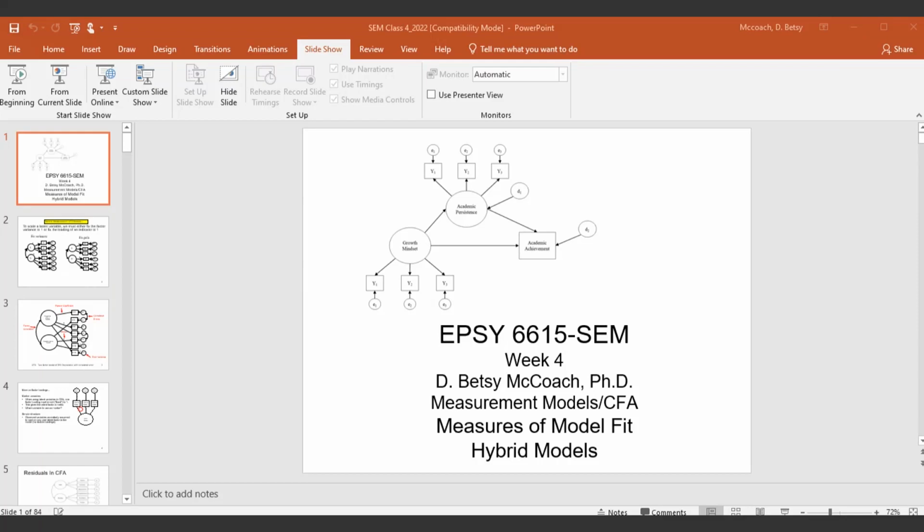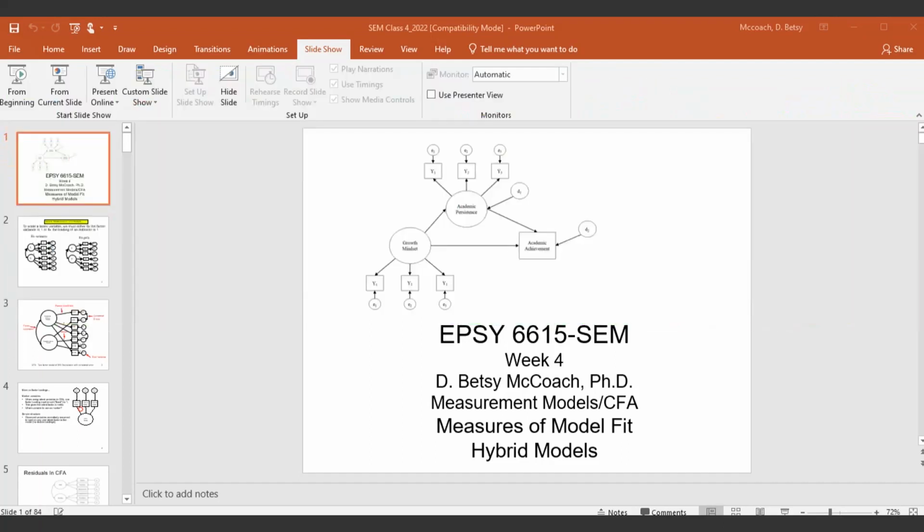To piggyback on what you were saying, but change it a little bit: one thing is I can look at the pattern of correlations among the observed variables, right? Obviously, if there's one variable that seems to be pretty well correlated with the rest of the variables, that's going to be a fine marker variable. So I could do it empirically. The other thing I could do is look at the items or the subscales and say, okay, which of these things do I conceptually think is the most